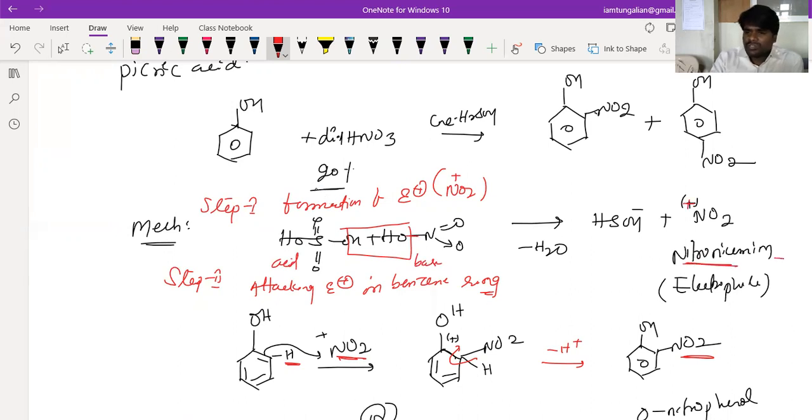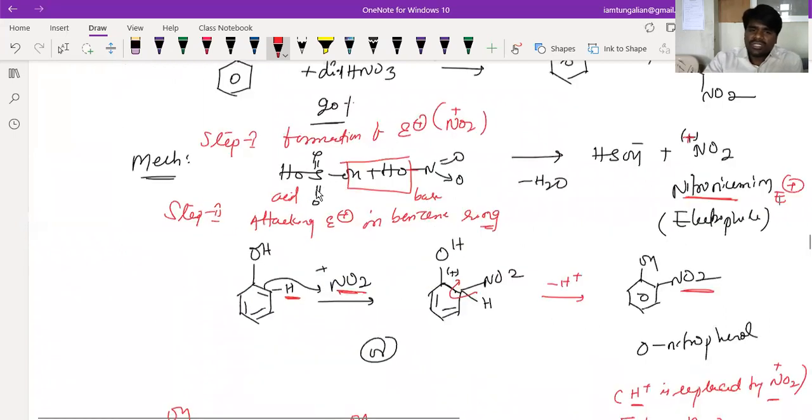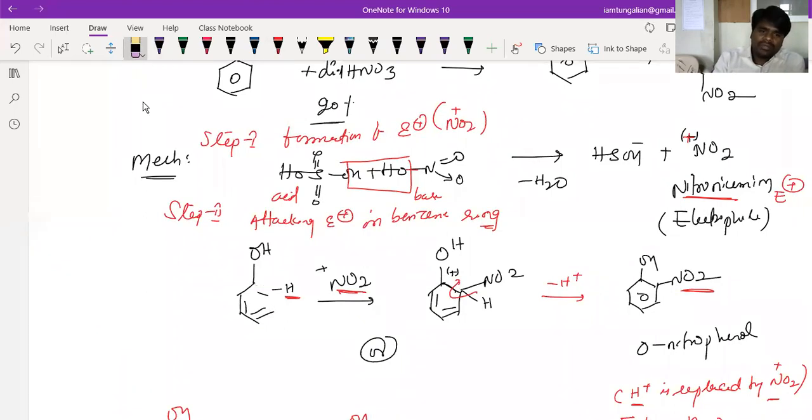What do you call nitronium ion? This is your electrophile, beta. So this is electron deficient. It will be looking for electrons, beta. So here you have the electron density, beta. This bond will be given to this. This bond will be given to this, beta. Right. Whenever this bond is given to this, it will attack on this bond, beta. So this particular carbon gets a positive charge. Which particular carbon, beta? This particular carbon, beta. So here you get the positive charge.